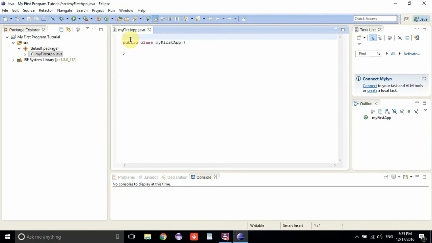So here is my first class which Eclipse has created. Public indicates that it's available to everything. Class means you've declared a class and you've called it My First App. Then you can see it is followed by an open brace, which means this is the start of your first app class. This closing brace indicates that this is the point where you end your My First App class. So all the code contained in between these two braces is representing